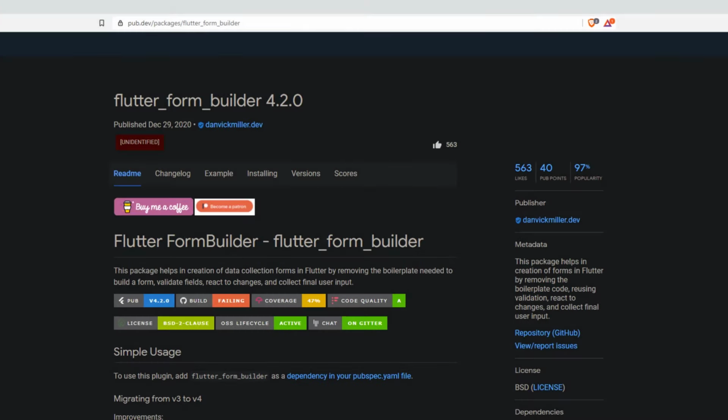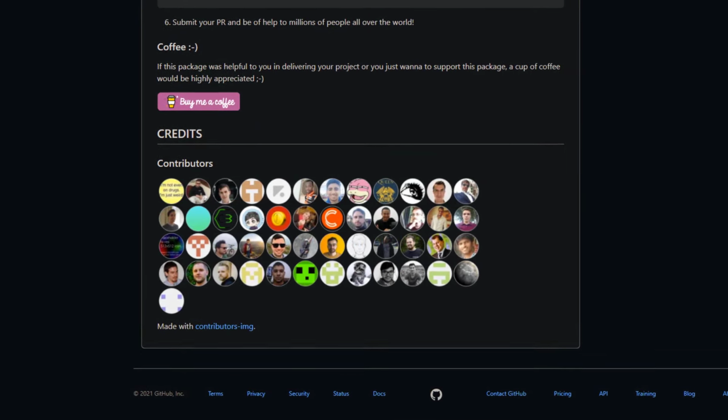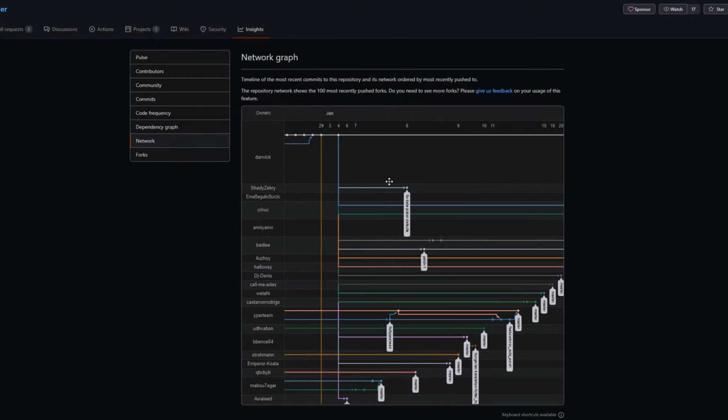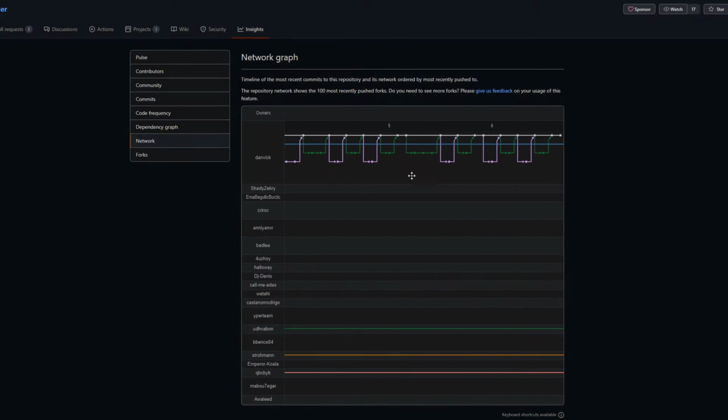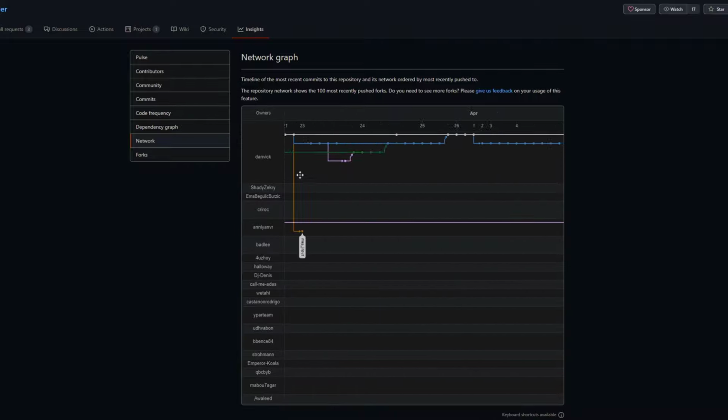Before we start setting up the package, I would like to take this opportunity to briefly draw attention to the developers working on this package. Mr. Danvick Miller and numerous other developers are continuously working to extend the feature set, correct existing bugs, and generally